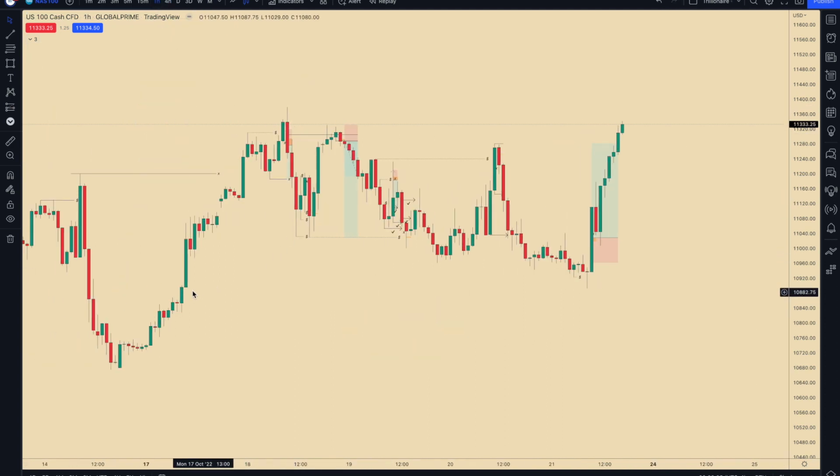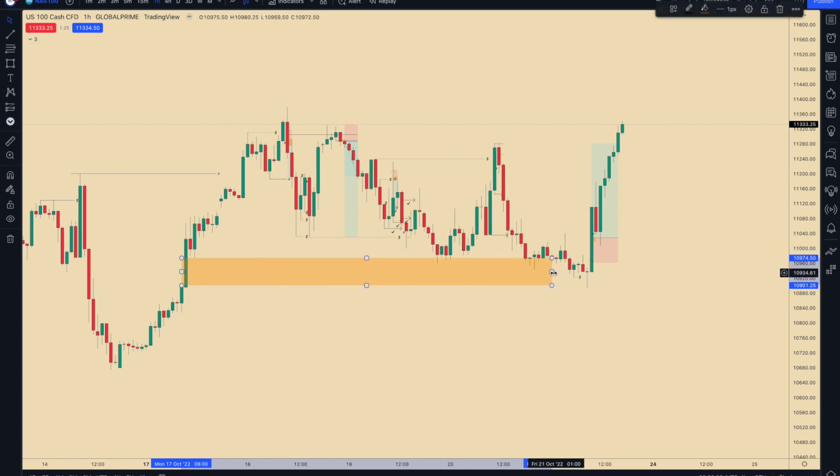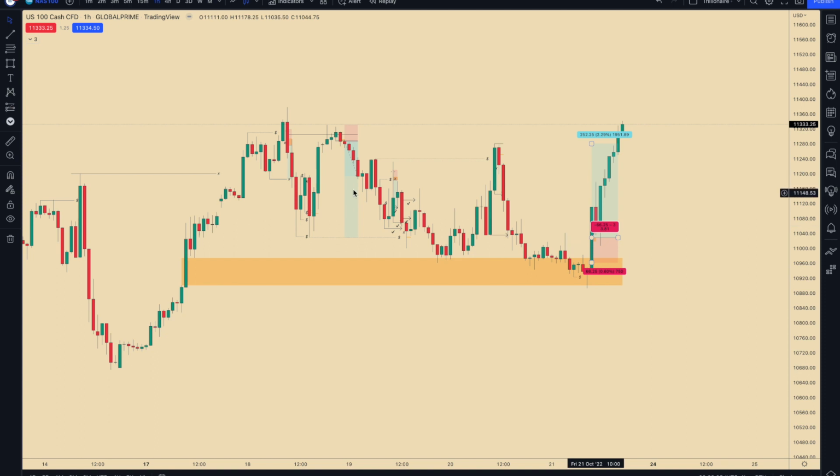So if we go to the H1 time frame, we can see right here within this area, right, we have somewhat of an imbalance, okay? Price decided to come into this imbalance, give us a reaction, and then move to the upside. Now, what I was looking for specifically